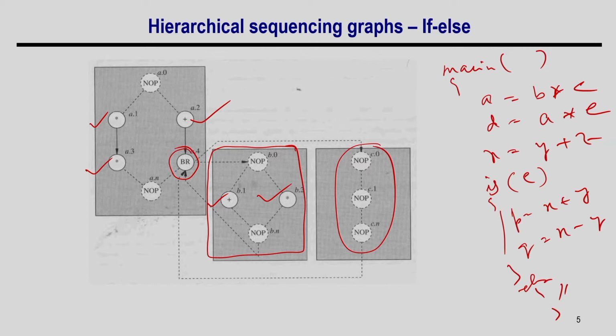Now, this is the main function, and this is my if else, and then this is my combined sequence graph, right. So, I will schedule this part of the basic block once, I will schedule this part of the basic block once, and I will schedule this one, where there is no operation, but an operation might happen there, right. So, now you have the combined schedule graph, right. I know this is the overall combined schedule graph, and I want to do the resource allocation and binding problem for this particular graph. Okay. So, this is what the if else thing is.